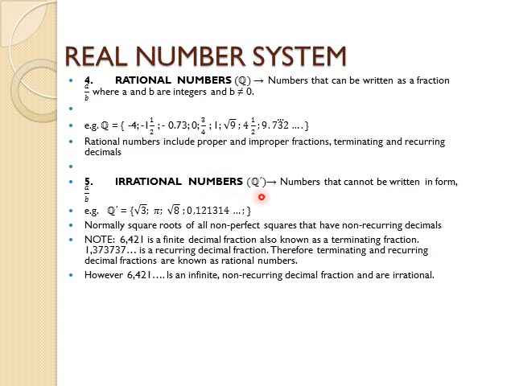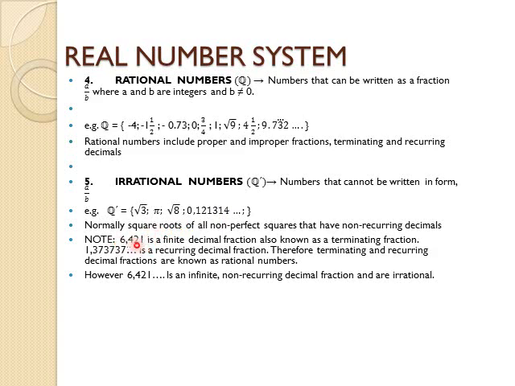Then irrational numbers, symbol Q with a small prime or dash on top. These are numbers that cannot be written in the form a over b, so square roots of non-perfect squares. Normally square roots of all non-perfect squares have non-recurring decimals, so square root 3, square root 5, square root 7, etcetera, are all considered irrational. Pi is irrational. You see 3.1415... continuing in that list, there's nothing that's recurring, so therefore irrational. So in short,